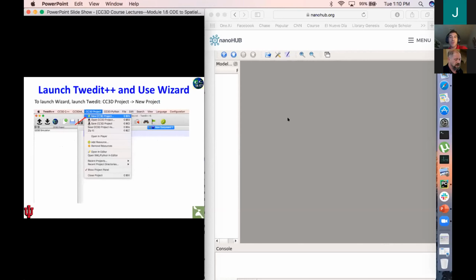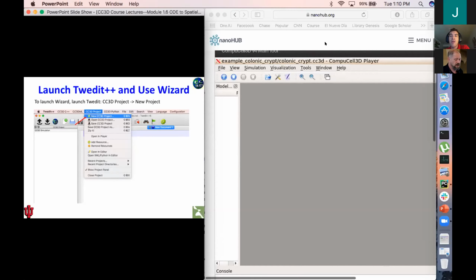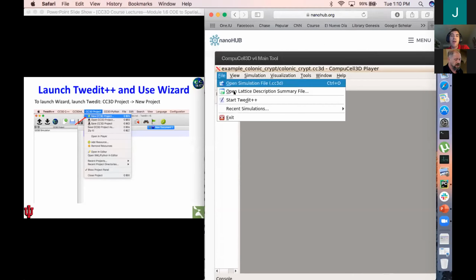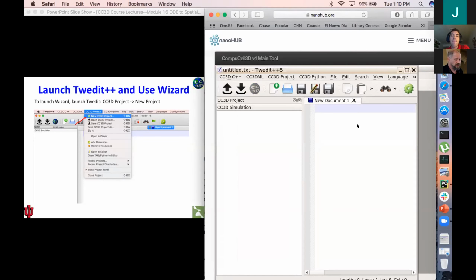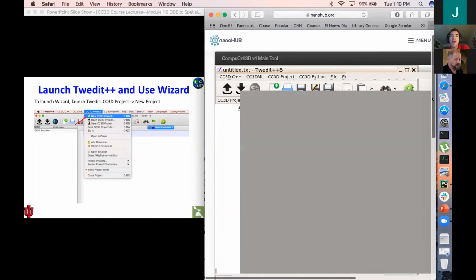So to launch Wizard, we need to first launch Twedit. And right here, I am in Player. So I'm going to launch my Twedit. And then once I'm in Twedit, I can access